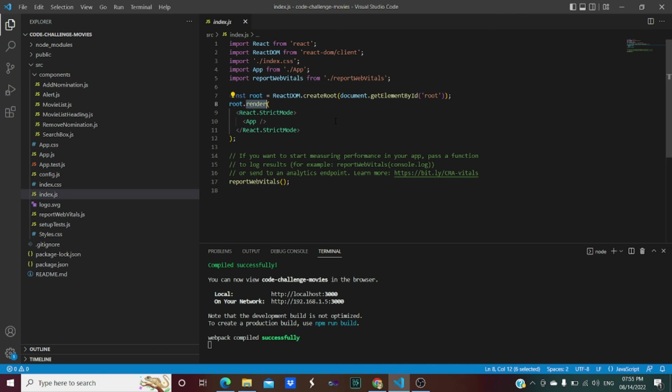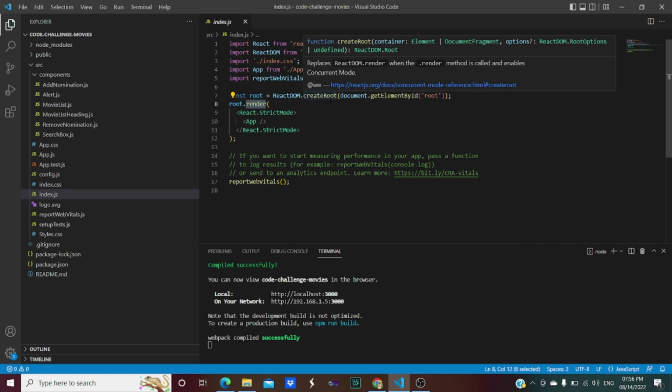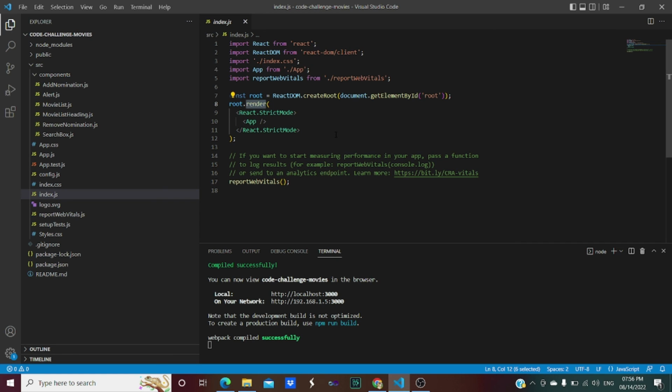And obviously, as we are using React, React DOM and app, all those things are imported over here. With the help of this index.js file, we are able to see our web page within the browser as it is rendered with the help of this root.render.